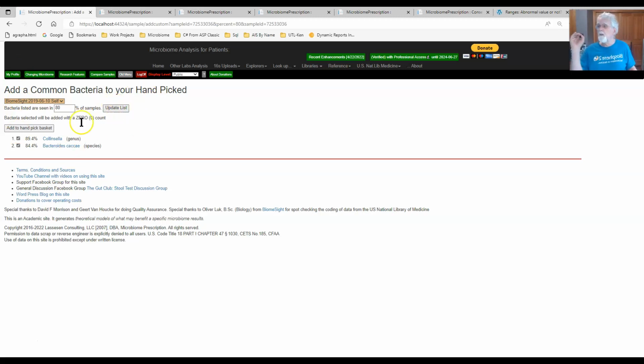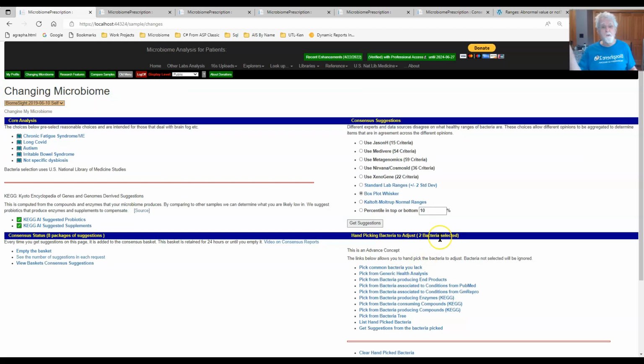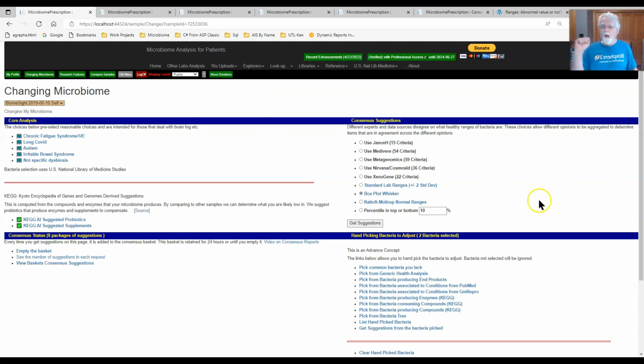So we're going to simply click Add to Handpick Basket, and we see we have 2 bacteria listed here. And if we go down here, voila, you have your value in percentile, 0 and 0, which is absolutely correct. You have none. You're the 0th percentile, and your count is 0. So let's go back. Next one is from generic health analysis,